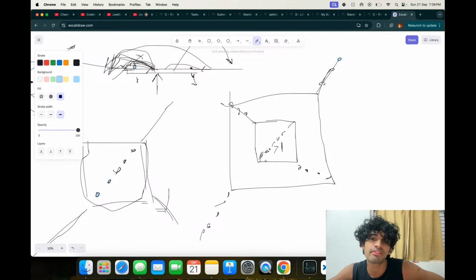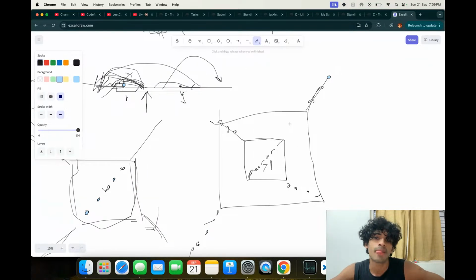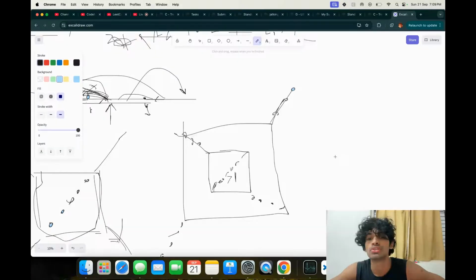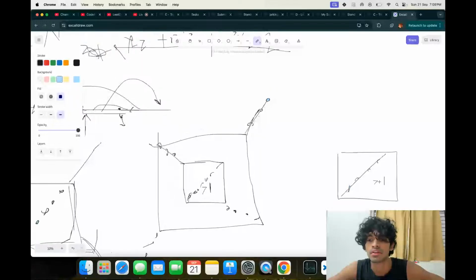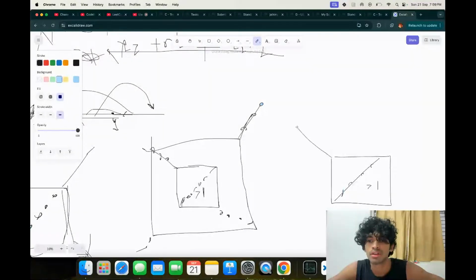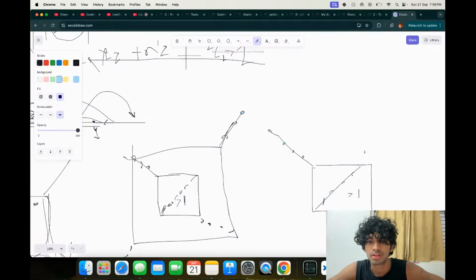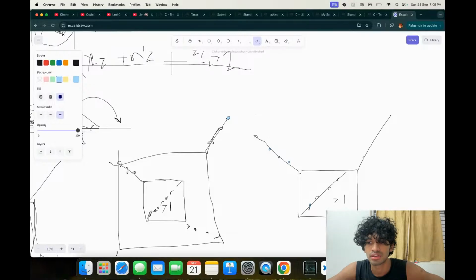If size is greater than 1, keep few things here, keep few things here, and then make it like this. Keep them here, and then keep them here.